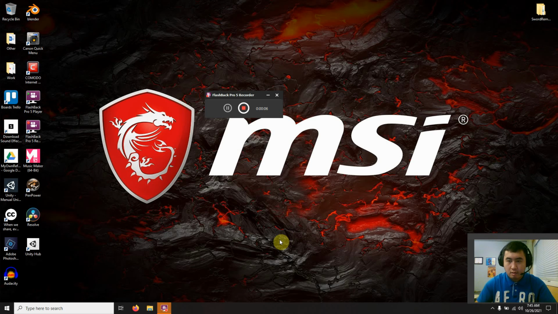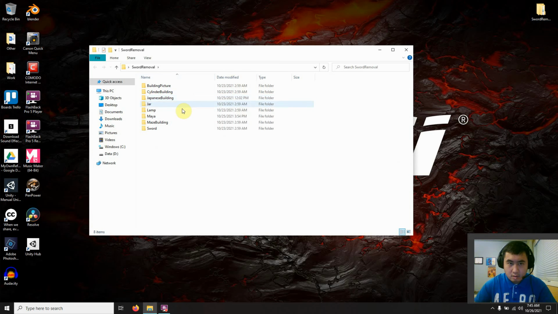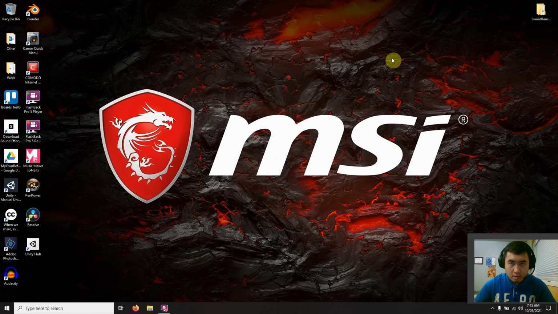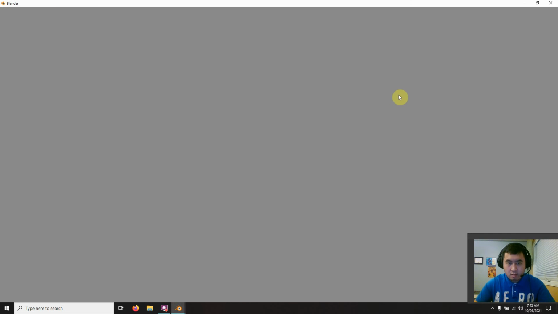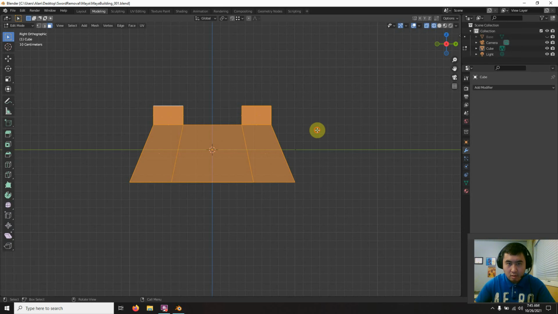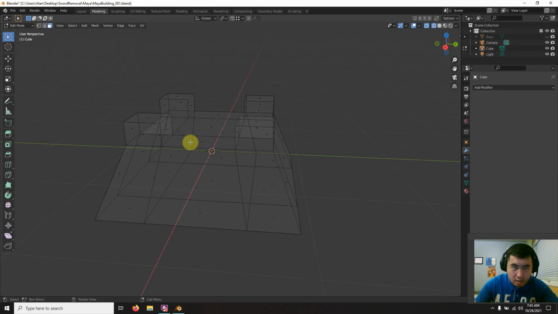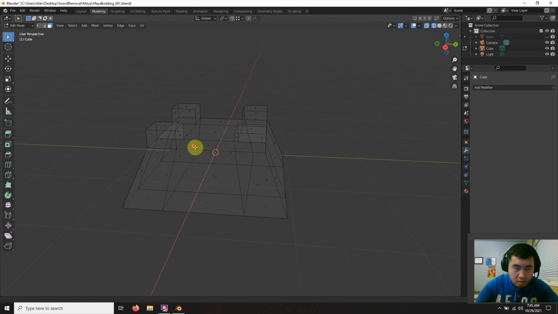I'm trying to make a YouTube tutorial on cut and extrude. So I'll go to my folder, file, how to extrude, how to cut on this side, like